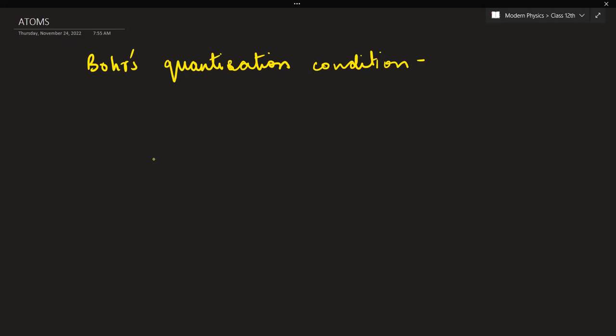Now, see, according to de Broglie hypothesis, electron has wave character also. That was what we have studied, just now we had seen. So, a circular orbit can be taken to be a stationary energy state only if it contains an integral number of de Broglie wavelengths. It means, see,